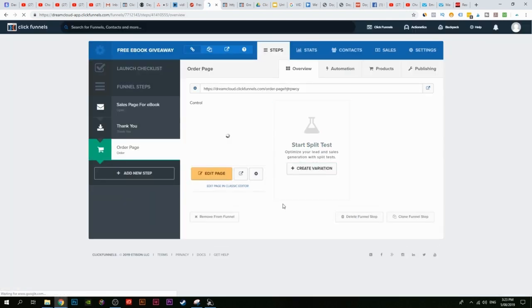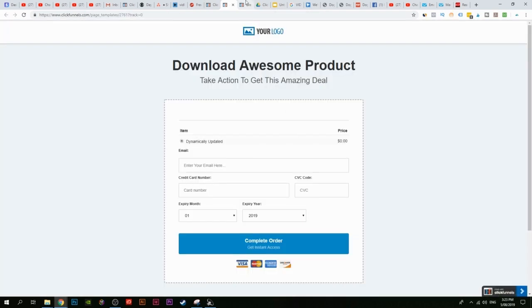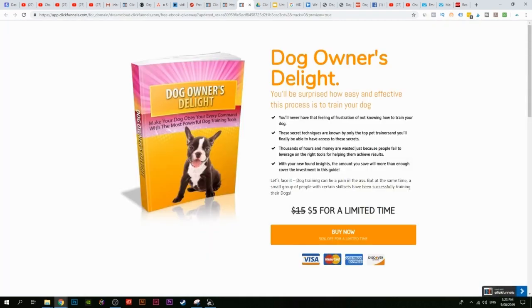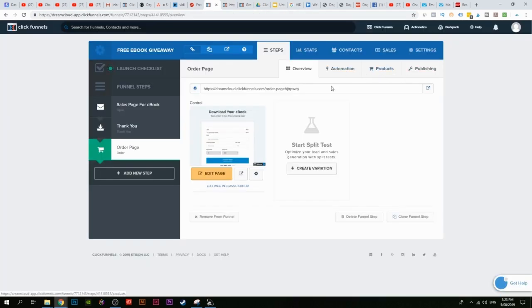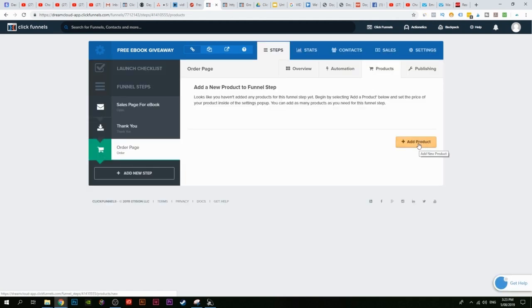So there's one more thing we have to do. How much do we actually charge the person that signs up with their name and their email? So we put in $5 right here, but that doesn't actually tell ClickFunnels to charge the people $5. We have to do that right here under products. So when you're on the order page step, go click on that and click on products, and this is where you actually add the product. So click on add product,